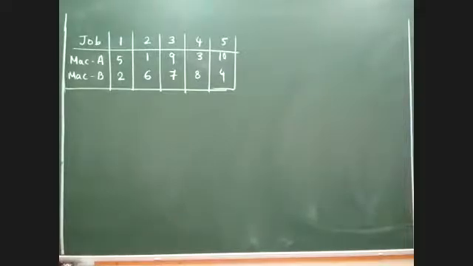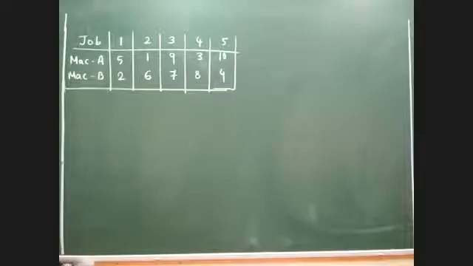Very good. It is very simple. The problems where exactly two machines are there. The problems where exactly three machines are there. The problems where exactly only two jobs are there. And the fourth one is the problems with many machines and many jobs. These are the four categories: two machine problem, three machine problem, two job problem, and finally multiple job, multiple machine.